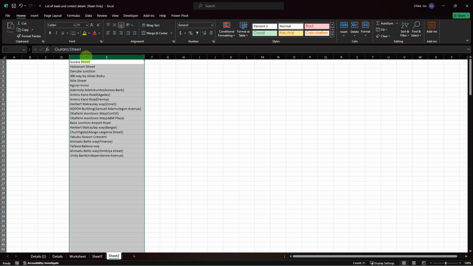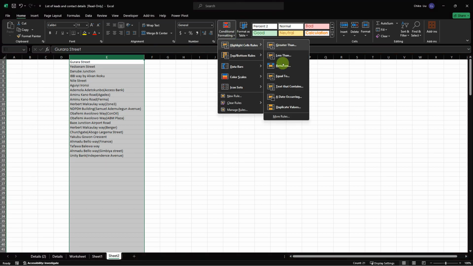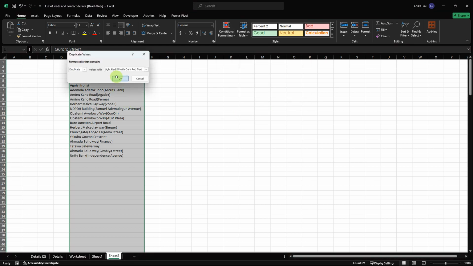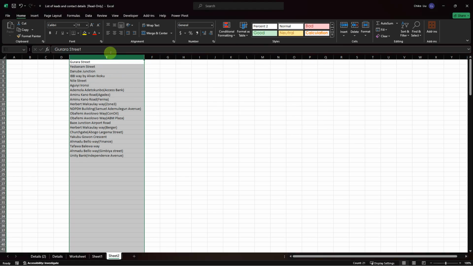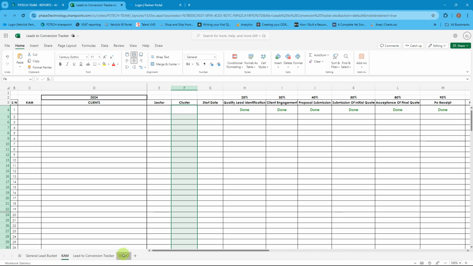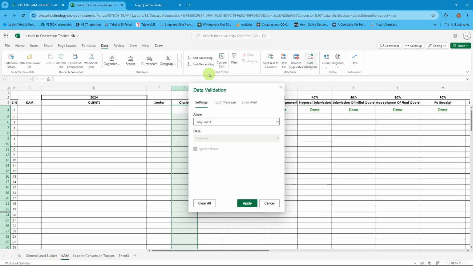The other thing I can do is check for duplicates. Okay, no duplicates. I'm just going to remove formatting. Now that I'm done with this, I would copy this, or I go to data validation because I want to make it a drop down list. So go to data validation. I want a list, and I want to control V, and